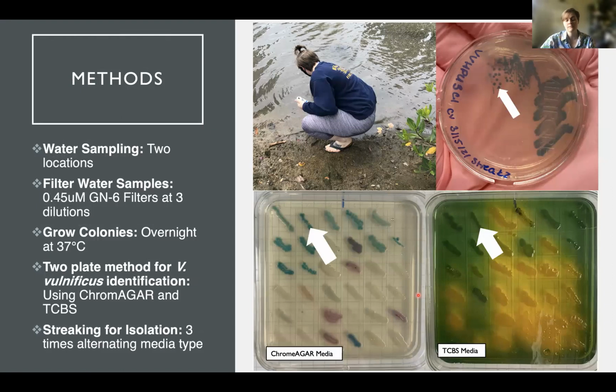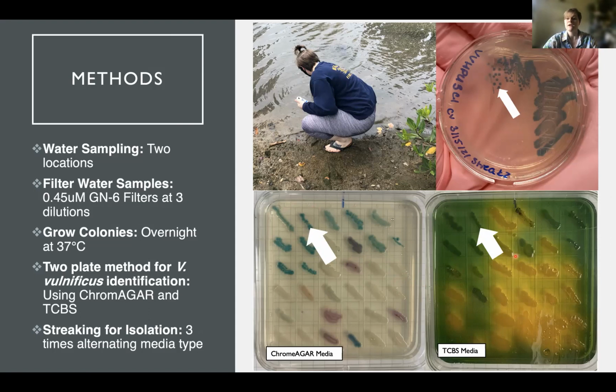Any colony that was blue on the CHROMagar and green on the TCBS media, we then streaked onto these square grid plates shown at the bottom. So we took any blue colony and streaked it on both plates, and we took any green colony and streaked it on both plates. And then we let these plates grow overnight, and anything that was blue and green we then selected for further isolation. This is because the blue on CHROMagar Vibrio and the green on TCBS correlates with